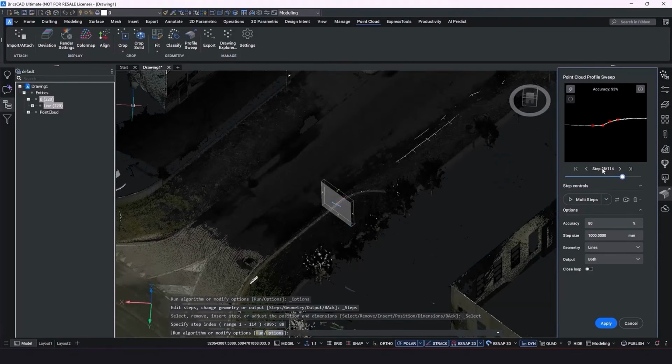So it looks like step 88 out of 114. How do we get rid of all of the other steps? We want to keep steps 1 through 88, but we want to get rid of everything else.